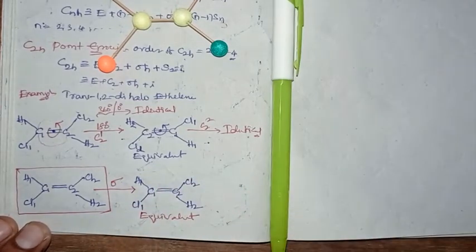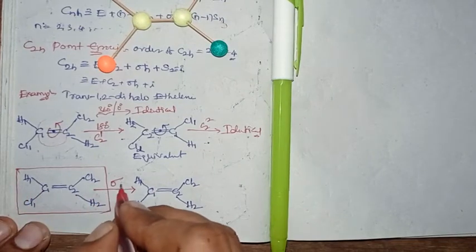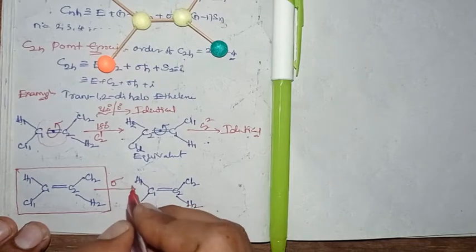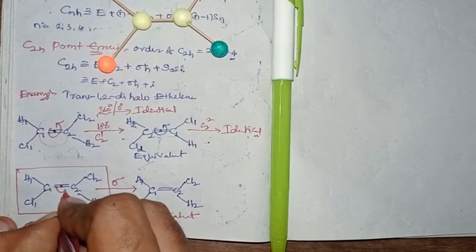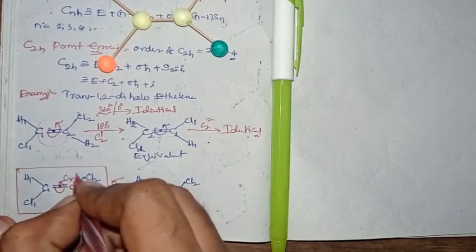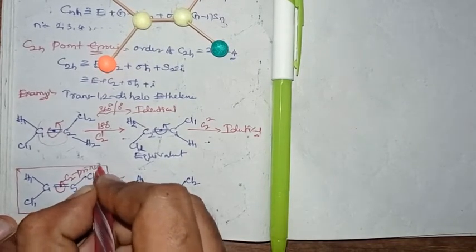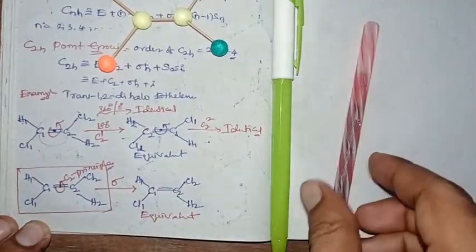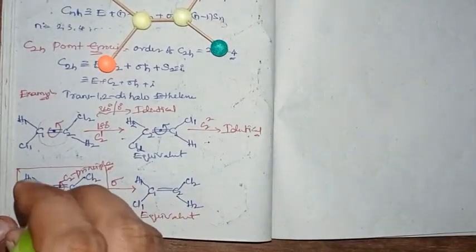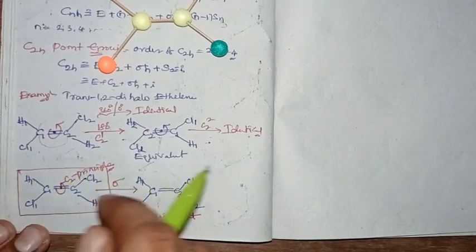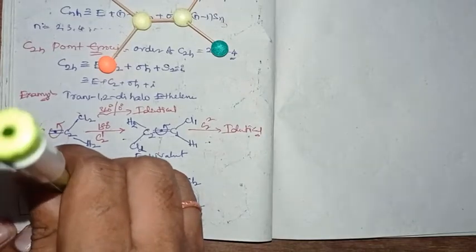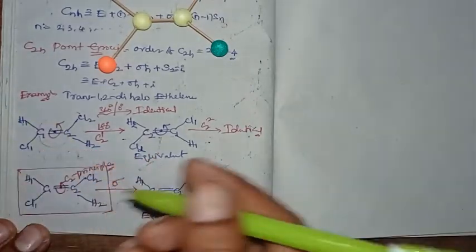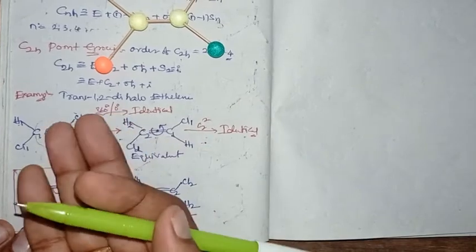So to check that, we have to know the principal axis, right? With respect to the principal axis, we can define the plane as vertical or horizontal. Here the molecule has only one rotational axis, C2, and that we can consider as the principal axis. The principal axis is exactly perpendicular to the molecular plane, like towards you, right?